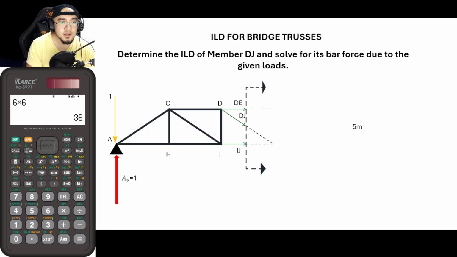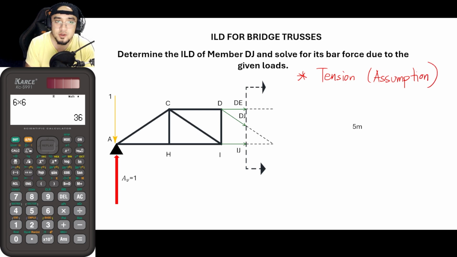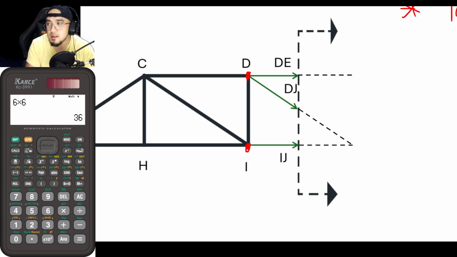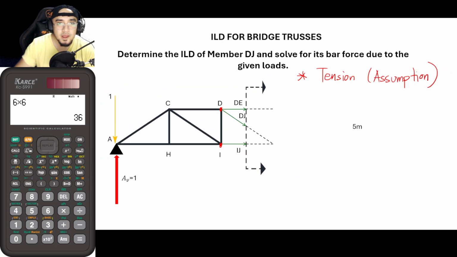So in our assumption, it would be better if you are to assume tension. So again, this is just assumptions. And when we say tension, in Filipino, hinihila po siya. So it is actually stretching the joints. So if you have a joint here and we also have a joint here, as you can see by the arrowheads, they are directed away from the nodes. Okay? So from that, let us now solve for the bar force DJ. But take note, guys,